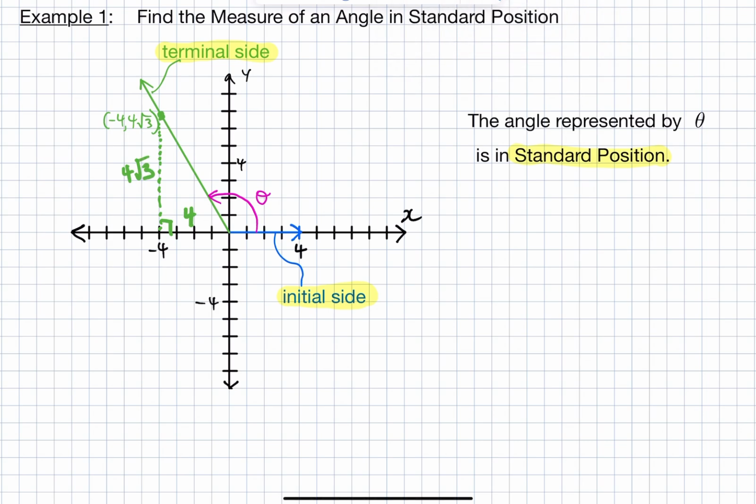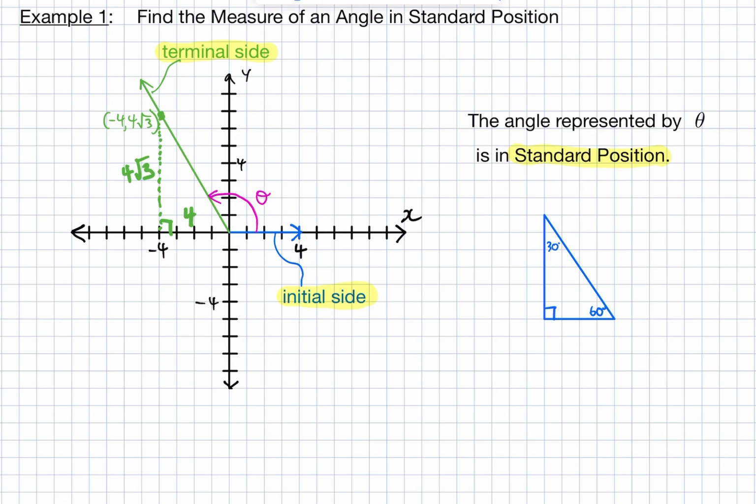If you notice, because this is 4 and this is 4 square root of 3, this really represents a 30, 60, 90 triangle. If you recall, in a 30, 60, 90 degree triangle, I'm going to draw here in blue, assuming that this is 30 degrees and this is 60 degrees,